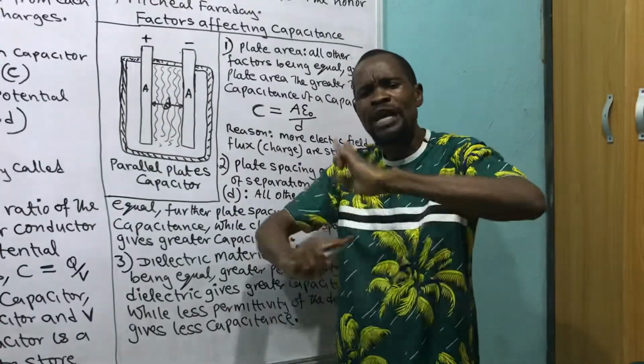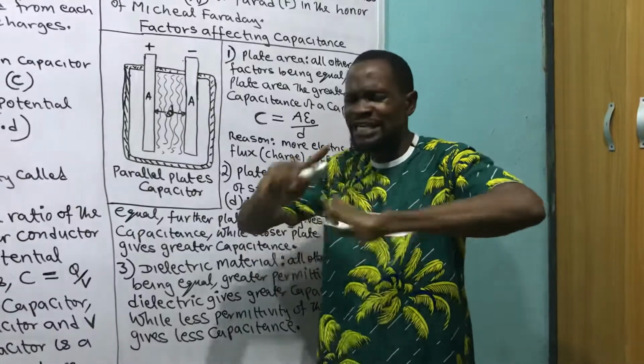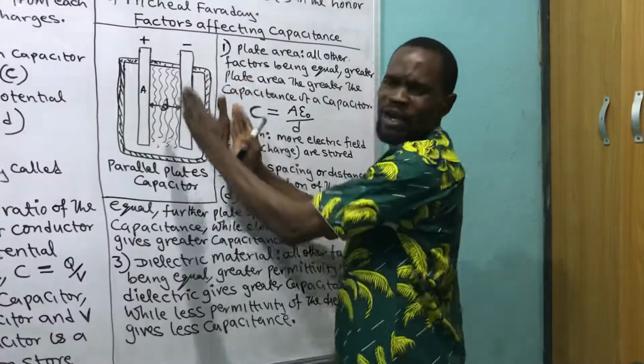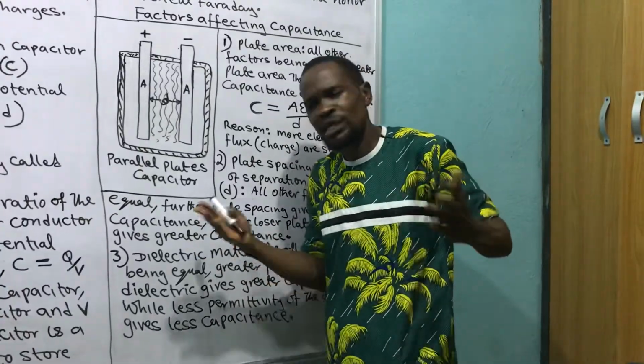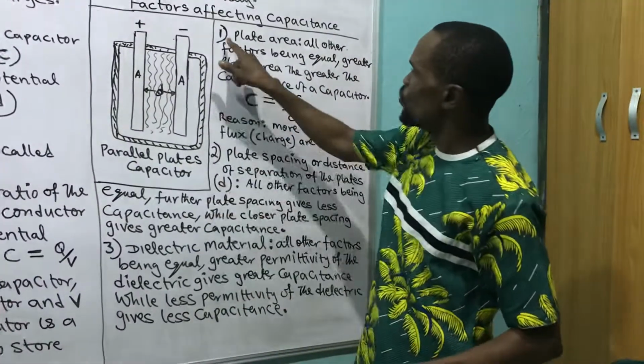And we have a coil capacitor, the capacitor that is in a coil form. But this one now, we are talking about parallel plate. The next class we'll begin to talk about types of capacitor. This parallel plate, we say number one,